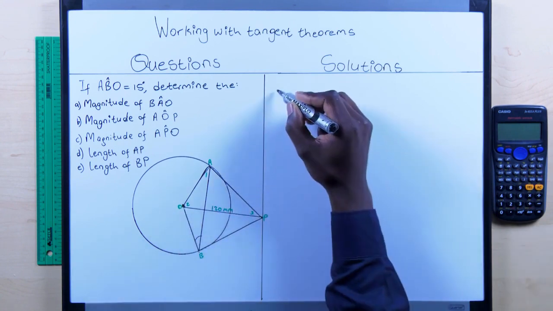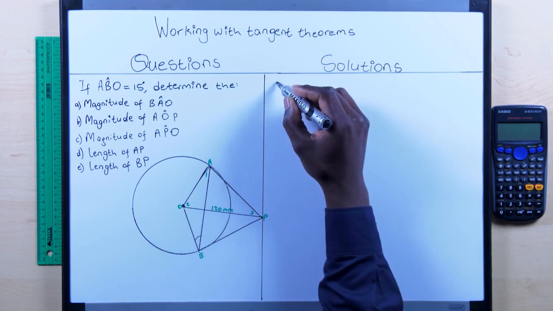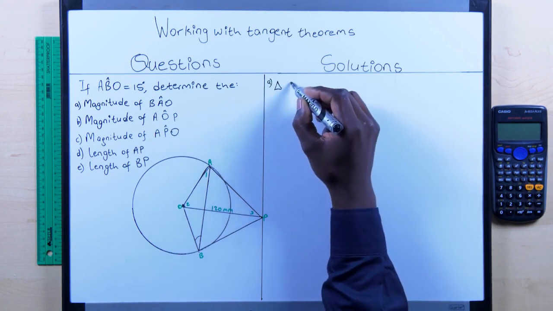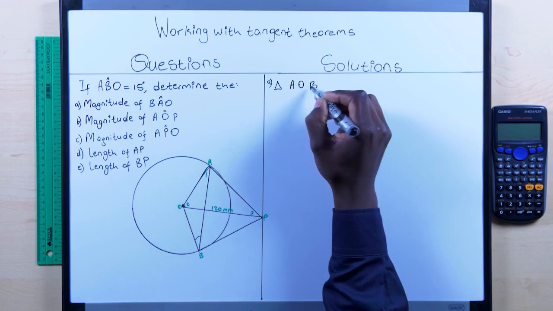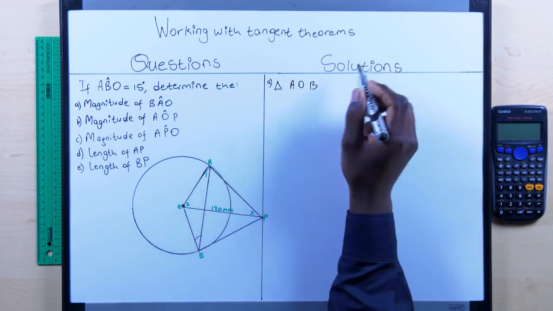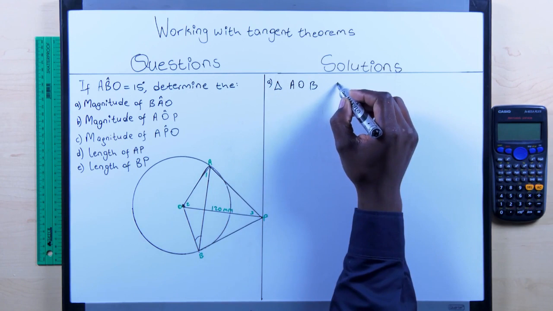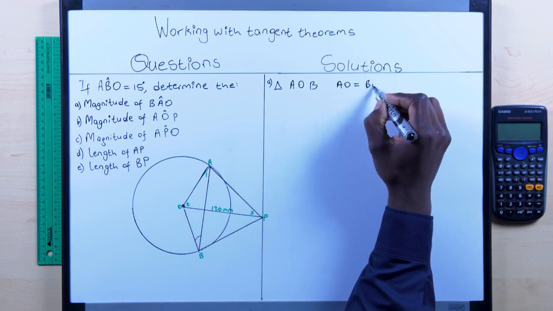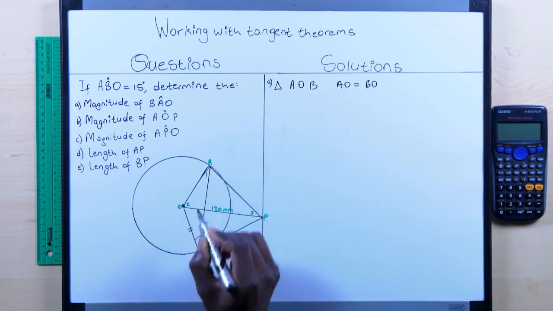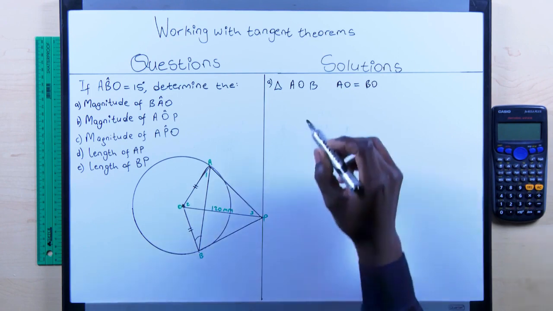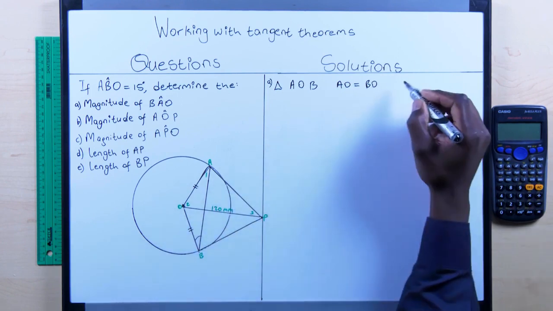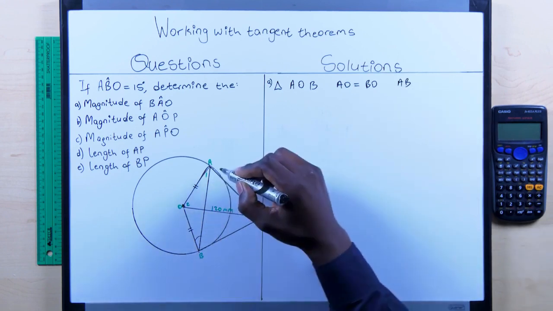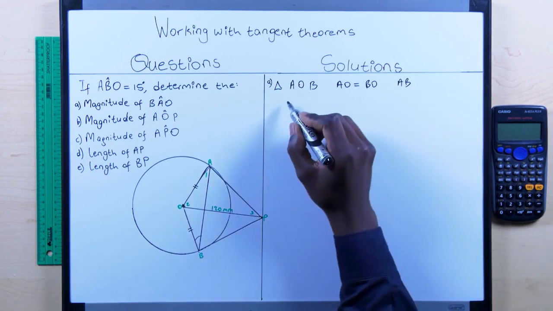Thus, if you're looking at triangle AOB, you would note that AO is equal to BO, which means that this is equal to that, and they are joined by a common line, AB. So they are joined by the common line AB, which therefore makes it easy for us to understand that